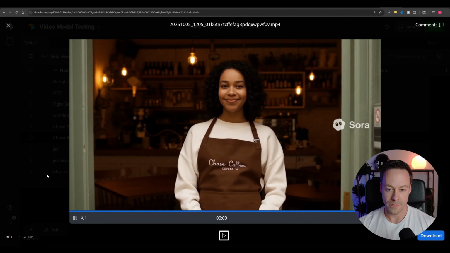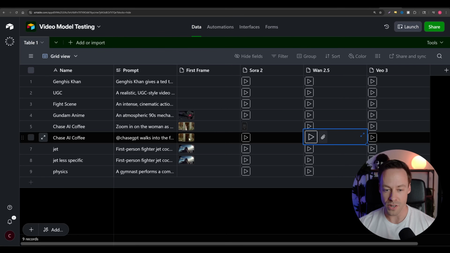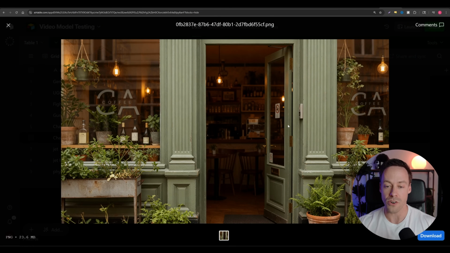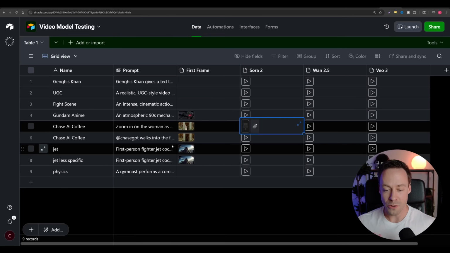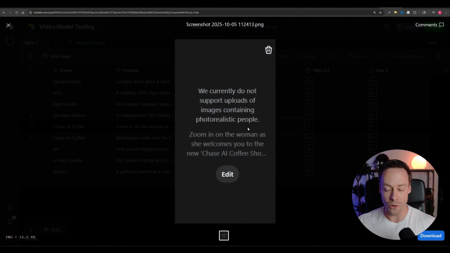Make yourself at home. So that is your solution to this problem. If you want to have a person come into your image and you have a starting image that you want to begin with, you give it the starting image and a prompt where someone walks into the scene. So if you want to use Sora 2 for photorealistic marketing and you have some sort of product you're trying to demonstrate that needs to be there, that's how you would do it. You'd have the product on a table and say, hey, someone comes into the scene, picks up the product, does the whole UGC spiel about it. That's the workaround. So is that the hack we're going to have to use if we want to do photorealistic marketing using Sora 2? Yeah, I think so.